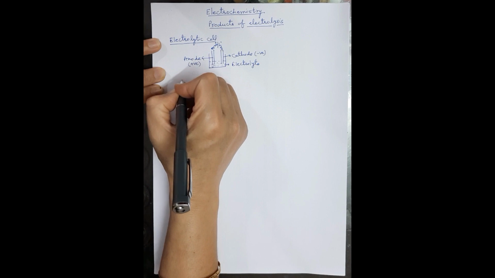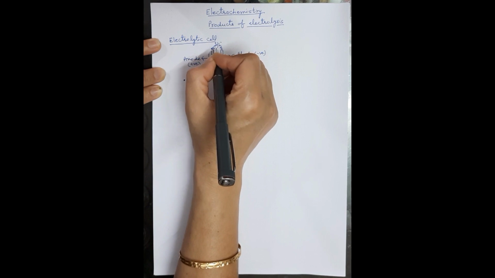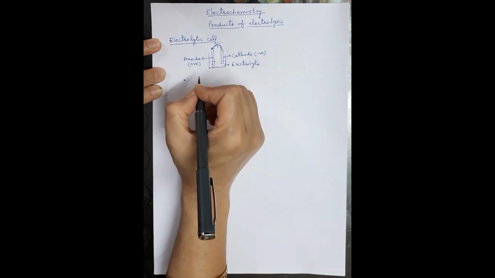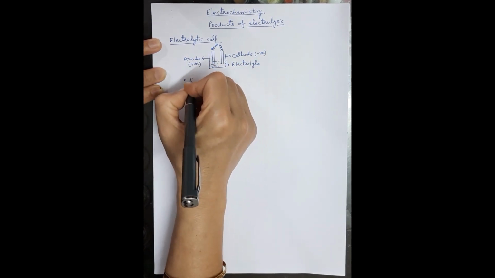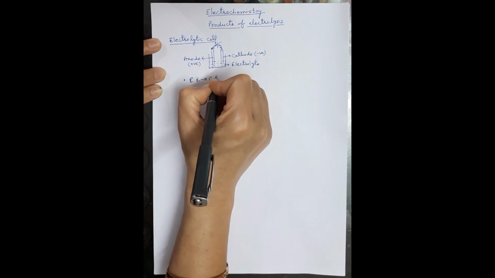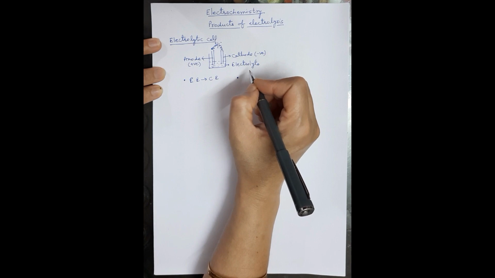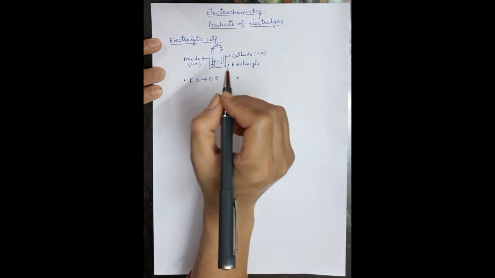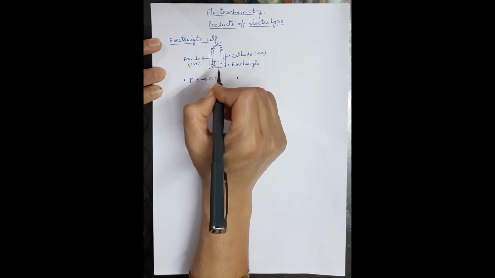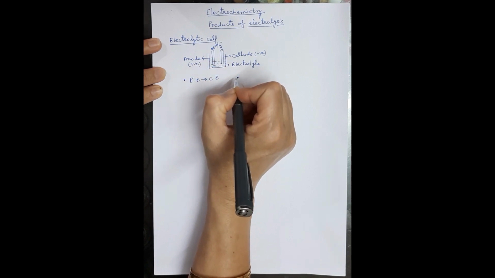So what are the common features of an electrolytic cell? One is that you are supplying electrical energy, and at the expense of electrical energy, chemical reactions are occurring in the solution or on the electrodes. So shall I say electrical energy is converted to chemical energy? This is one of the features. Second feature, it is a non-spontaneous reaction. The reactions occurring in an electrolytic cell are not spontaneous. They do not occur on their own. They occur only when electricity is passed. So such reactions are called non-spontaneous.